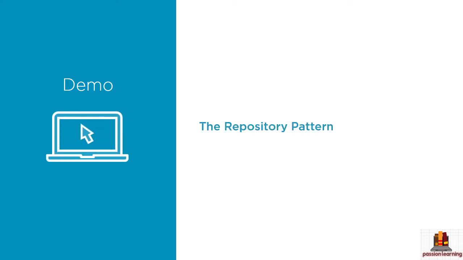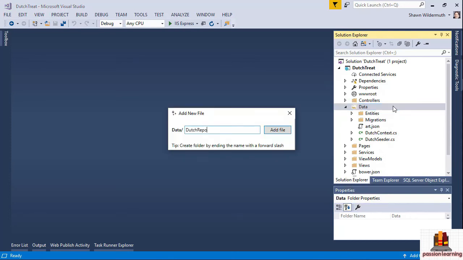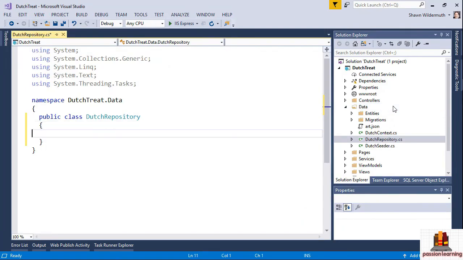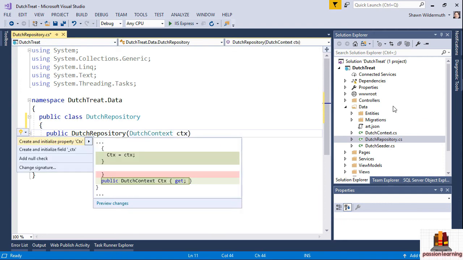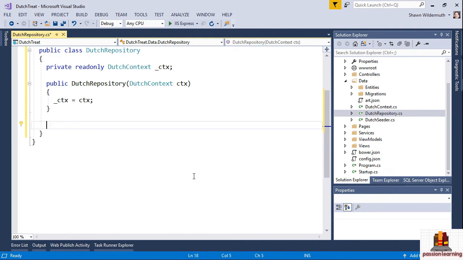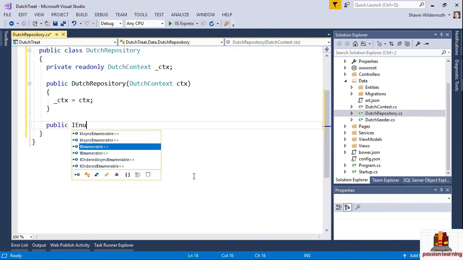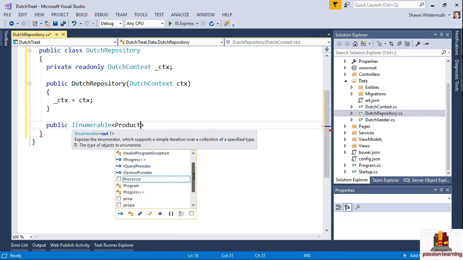So now let's look at the repository pattern. Back in Visual Studio, I'm going to create a new class inside the data folder called Dutch repository. And in this class, I'm going to inject the Dutch context, and then I'm going to create a field so we can get at it. And I want to create a couple of calls that return data. So I'm going to say an IEnumerable list of product. Let's add that as entities, and I'll